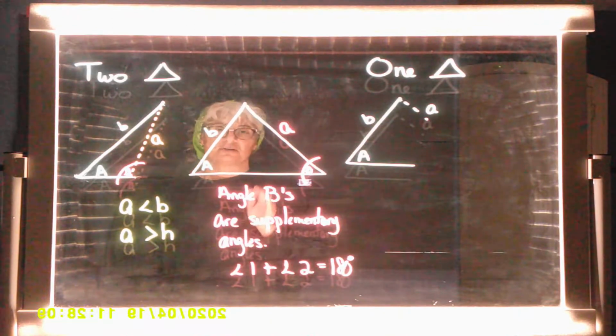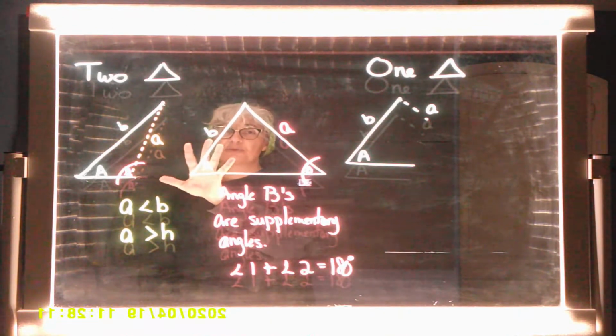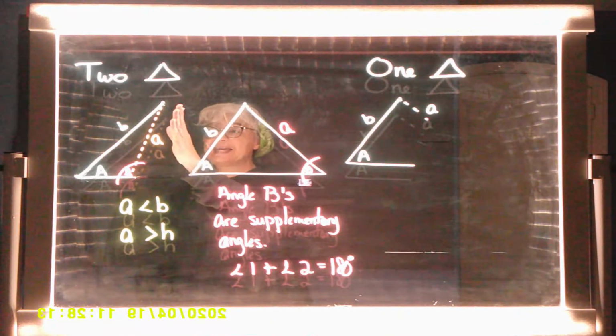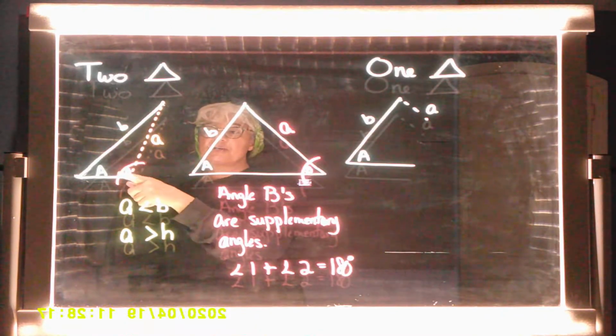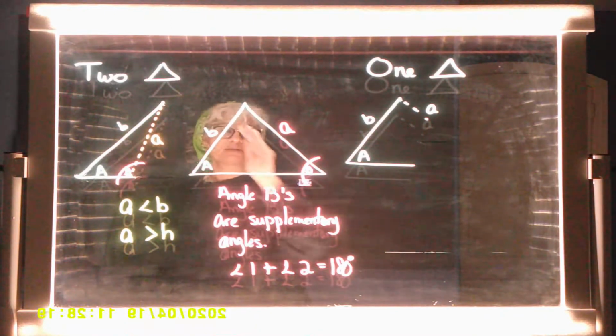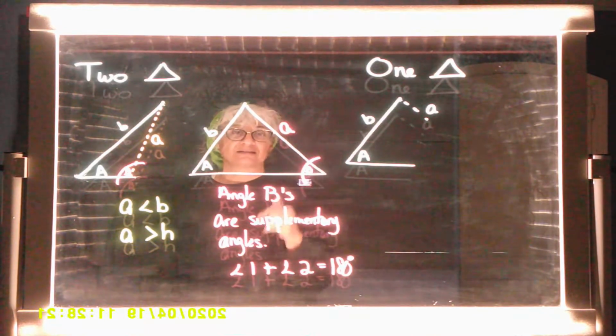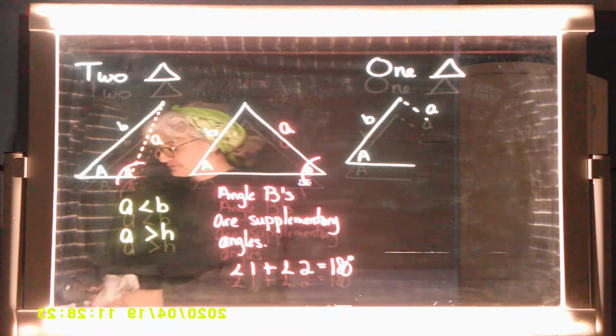Good? Okay, so this is how I'm getting 2 triangles. A is bigger than the height, less than the pseudo-hypotenuse. So it swings in, touches bottom, swings out, touches bottom again. Good? All right, now